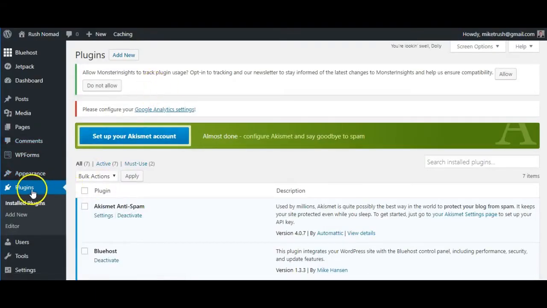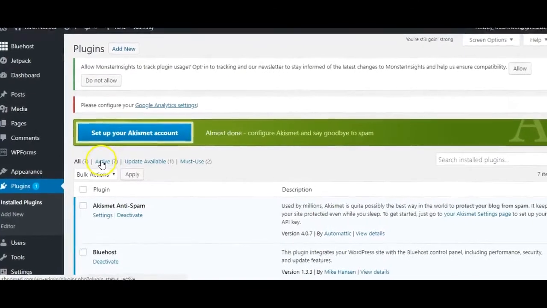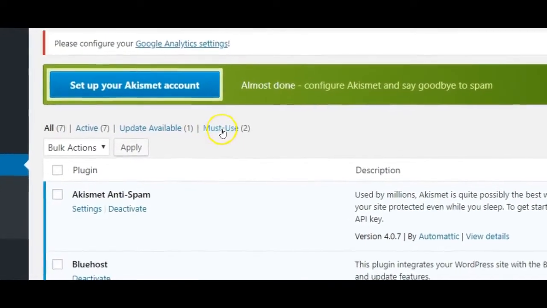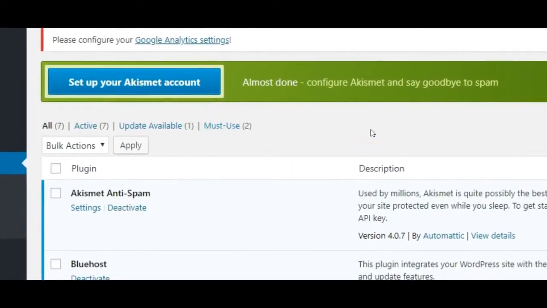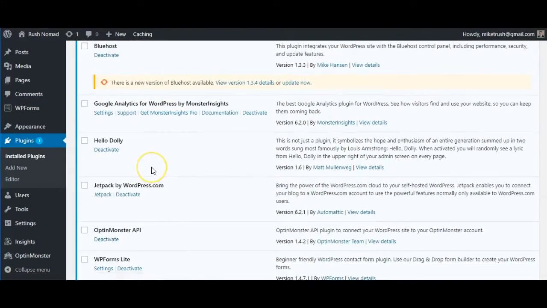Looking at the dashboard, you want to come over to this tab here, click on plugins, and it's going to bring up a variety of different plugins that you already have active, which ones you need to update, a couple that you must use. Plugins in general are some easy tools that are going to make your life a lot easier. For example, if you want to hook up your analytics, instead of being someone that codes and jumps into the code of the website, there's a lot of different Google Analytics plugins where you'll just take one piece of code and plug it in, and it's going to help you throughout your whole site.